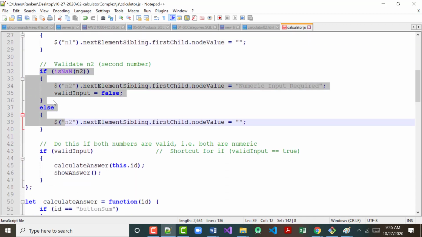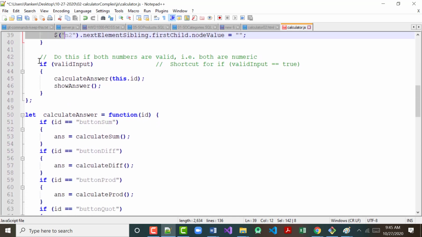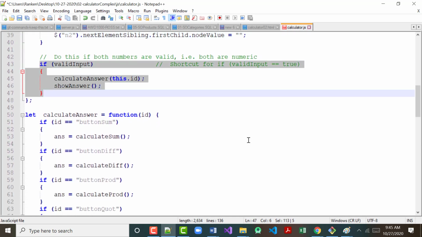All right? So when I get down to here, this says I only want to calculate the answer and show it if my Boolean flag was set to true. If I had valid input. So I know I had a number in the first one. I know I had a number in the second one. That's it. Then this